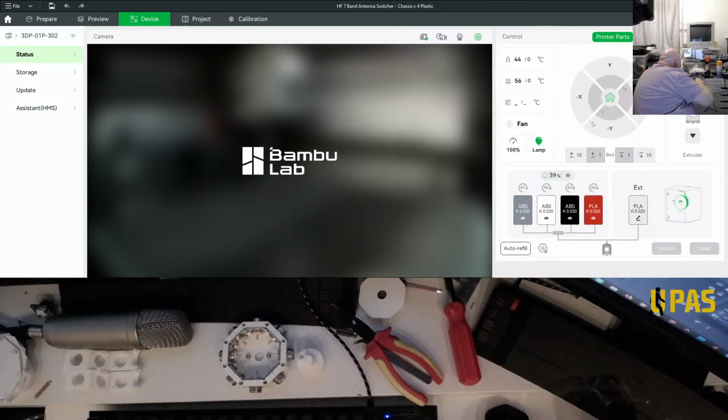I think so. Right, that should do it. I'll leave the iron on because we might want to solder a braid on it in a minute.